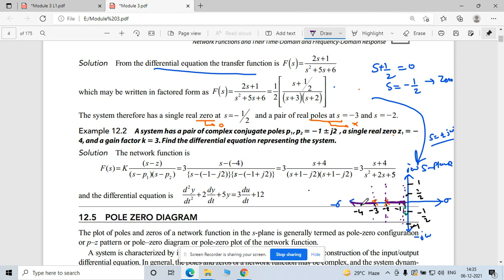So why do we do this? You will know, or you will read further, that the root locus starts from your pole and terminates at your zero. Okay, the root locus starts from your pole and terminates at your zero. So here, at the pole the value of k is zero, and at your zero the value of k is infinite, right? Infinite.